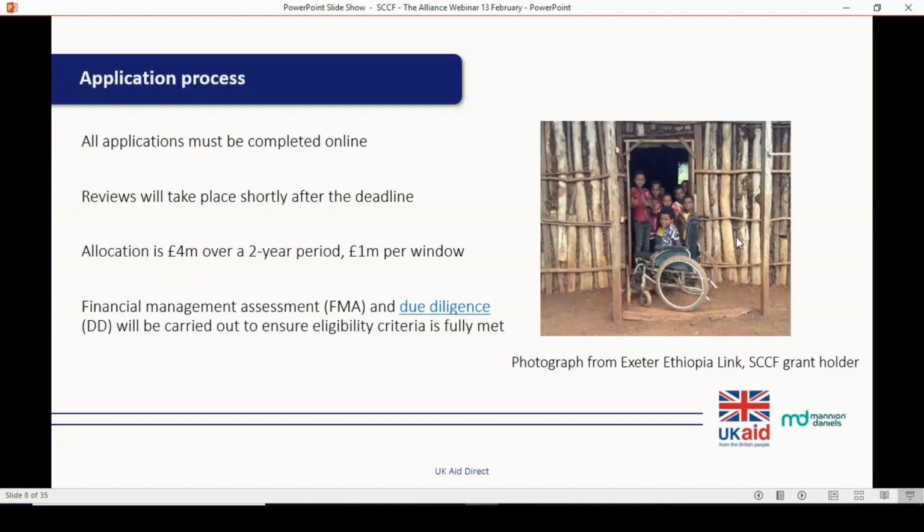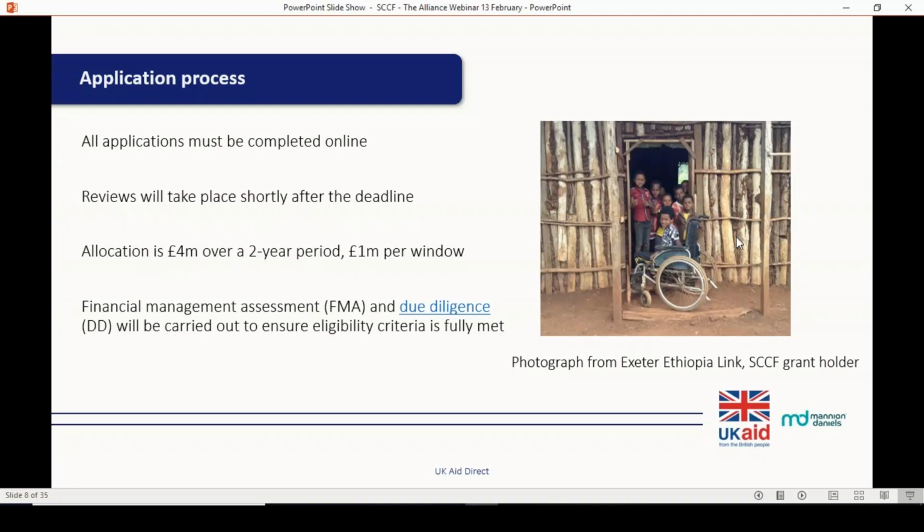Reviews of this 4th funding round will take place shortly after the deadline on the 28th of March. The allocation for SCCF in its entirety is £4 million over the 2-year period it was initially set out, and this essentially translates as around £1 million per window.